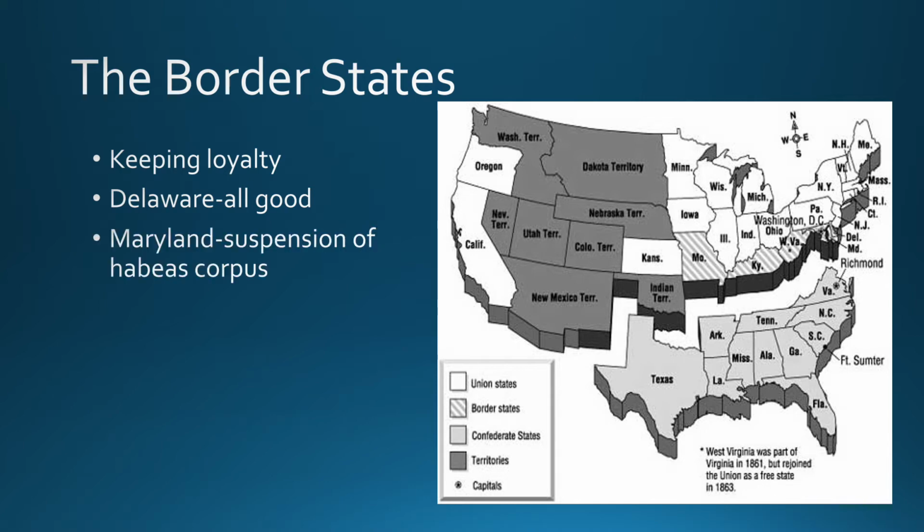Maryland is going to be a little more tricky, but one thing Abraham Lincoln does, which is pretty controversial, or will be, is that when some Union soldiers are killed by pro-Confederate townspeople in Maryland, Lincoln will send in troops and suspend habeas corpus. Habeas corpus is the constitutional right you have to know why you are being arrested. And that's supposed to be what gets you a speedy trial and all those types of things. He will suspend that right,